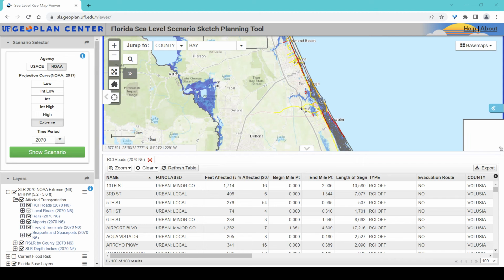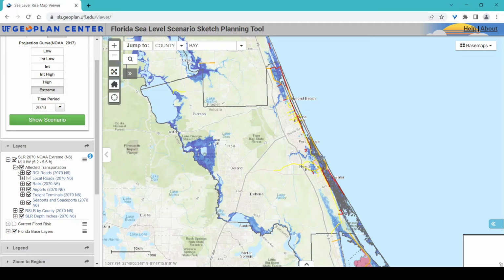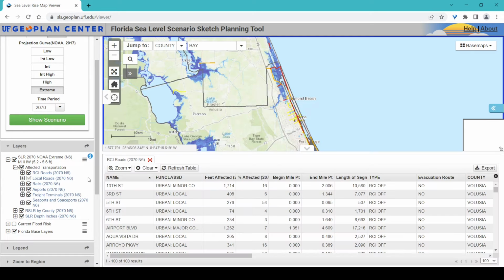The attribute table is opened by layer and accessed from the Layers widget. In this example, we'll look at the attributes for RCI roads affected by sea level rise, which is located in the Affected Transportation folder after loading a sea level rise scenario. To open the attribute table, simply click on the layer name, in this case RCI roads, and select Open Attribute